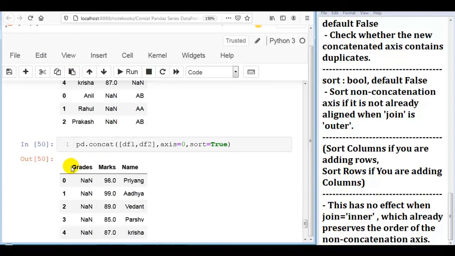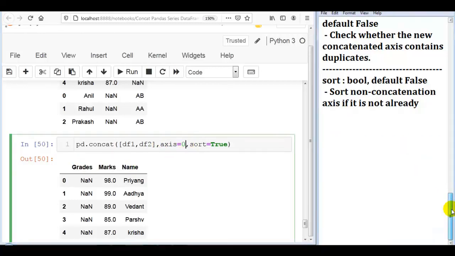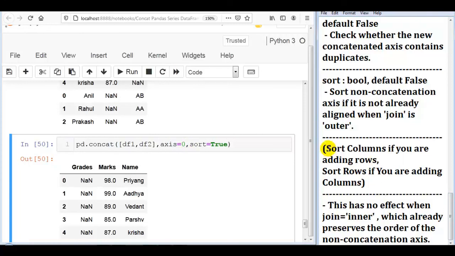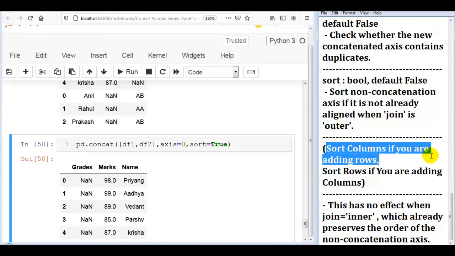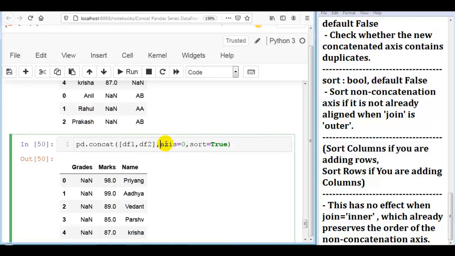As you can see over here, now columns are sorted alphabetically because axis is equal to 0. So please remember this. The sort method sorts columns if you are adding rows. So here we are adding rows. That's why our sort method sorted column values.